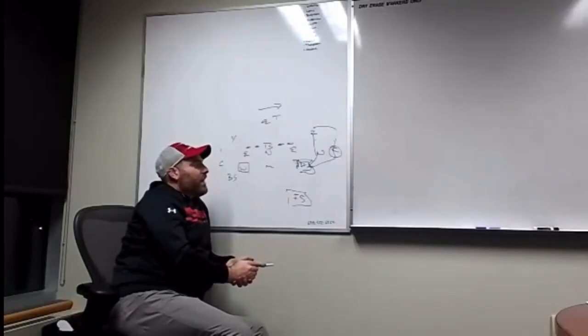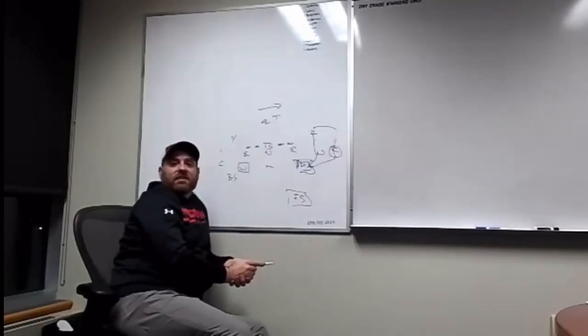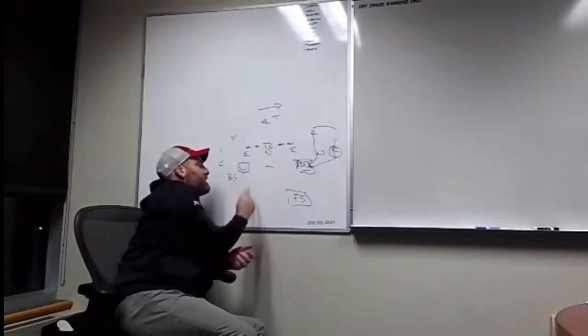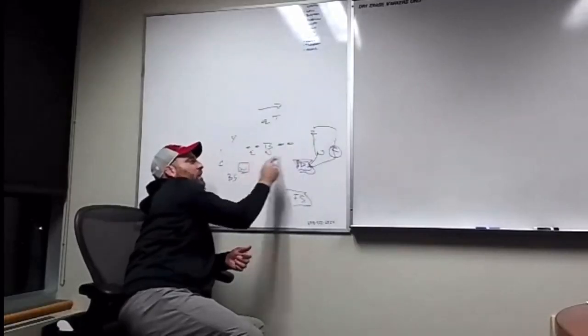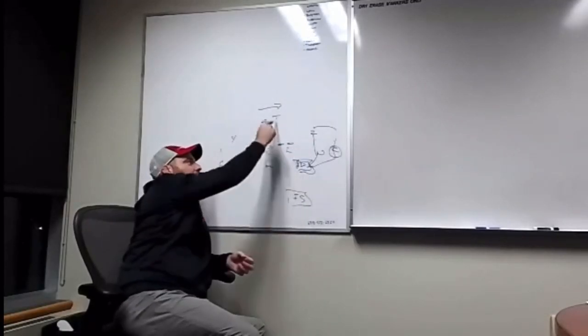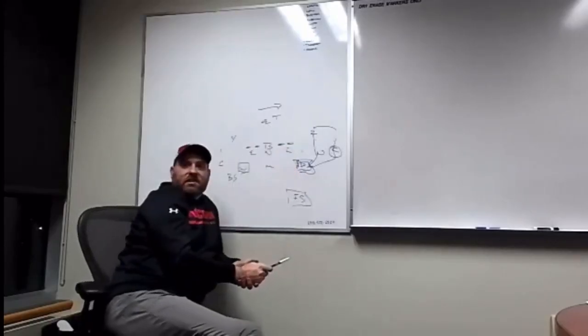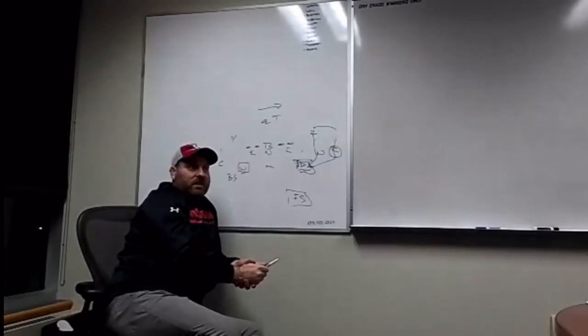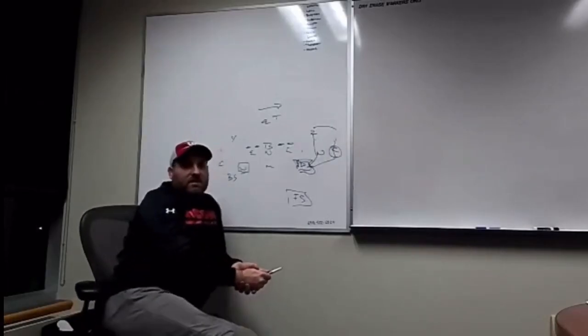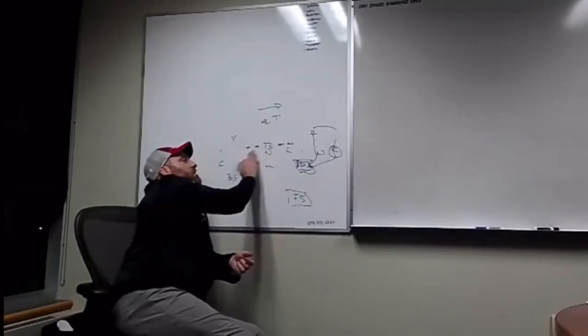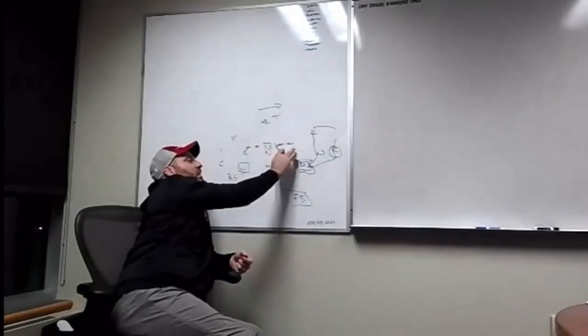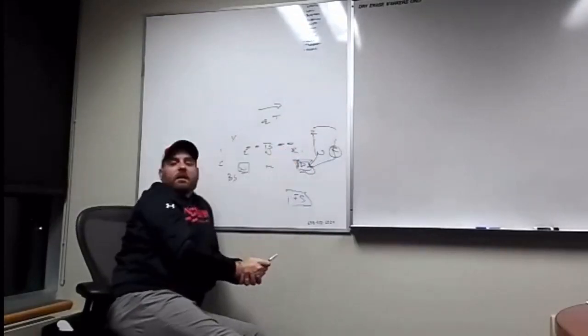And to do that, we had to slow down the run fits for these outside backers in the 3-3 stack, where in the typical defense, you would play them in 4 eyes and balls would roll out to them pretty quickly. So one of the intricacies that we learned studying other teams that played this kind of 3-man front. Now they did it with more of a quarters-based system, but ours was with a man-based system or a cover 3-based system, was to put these in what we call a knockback 5 technique, where they are C to B players